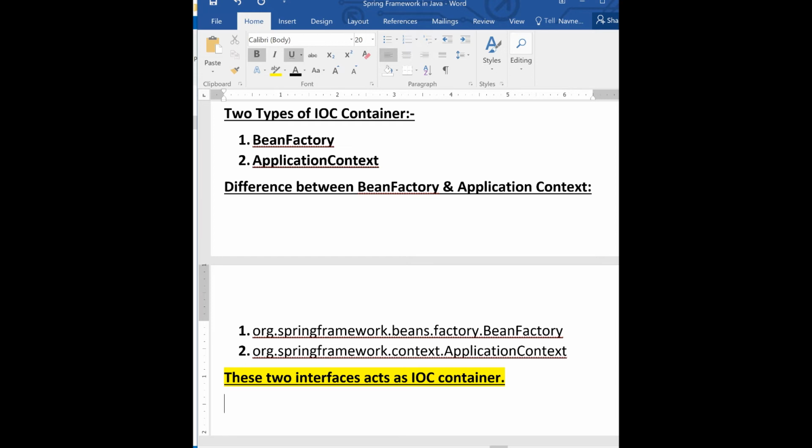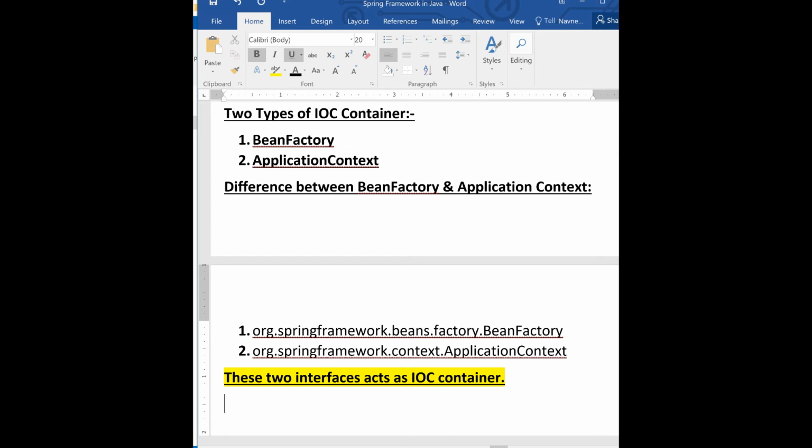So bean factory is a very basic IOC container, but application context has some extra functionality over bean factory, like simple integration with Spring AOP, message resource handling, I18N, and some event propagation features. Some application-layer contexts are added, like web application context for web applications.